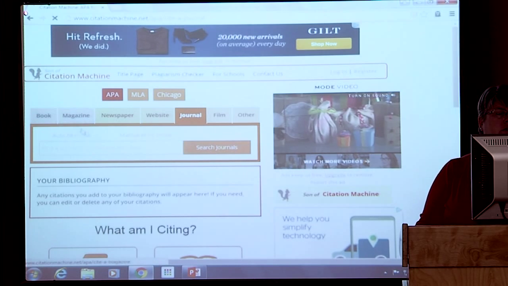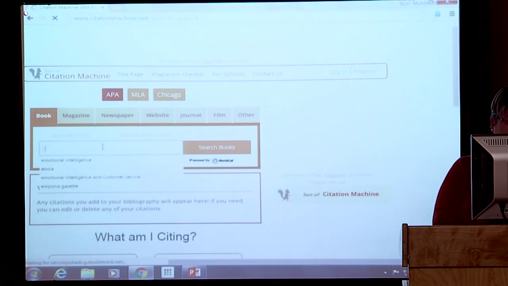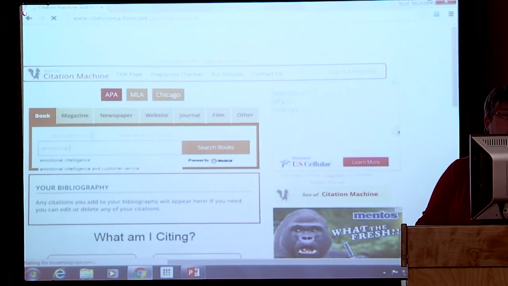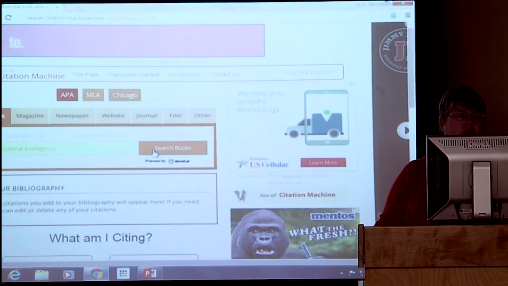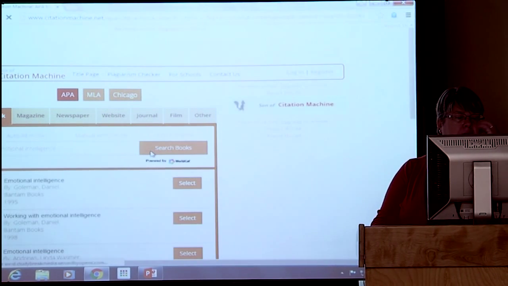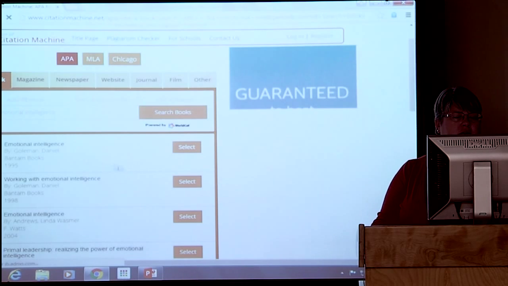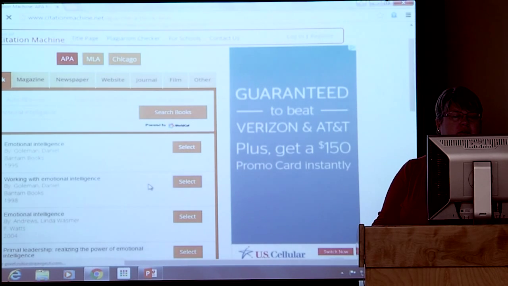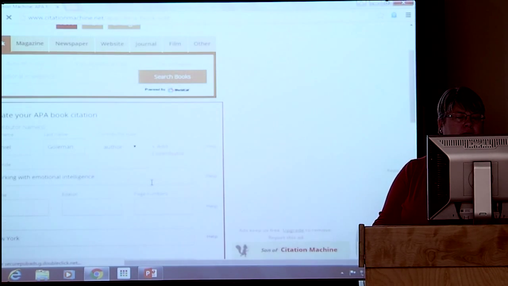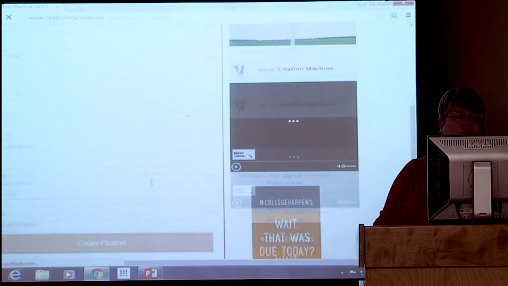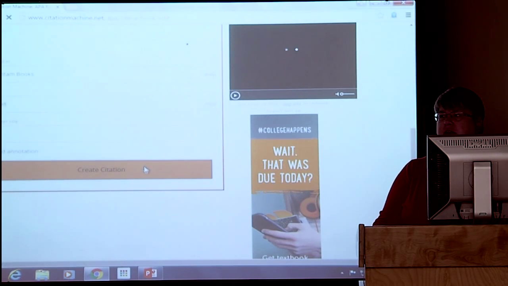Let's go with the book. If I find the book in there, let's say it's the second one I want, I select it. It automatically fills in the form, and then I can create my citation.